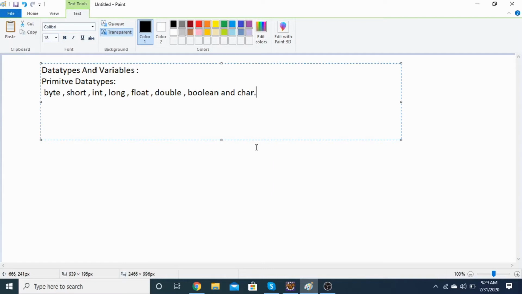Now we will all be thinking that in the real world we know only about numbers, maybe words, and maybe sometimes decimals, which we also consider inside numbers itself, right? So why do we have 8 types here? I mean, we could have 1 or 2. Why are we going for 8 here? As I have already told you, computers are not as smart as humans. So we need to classify as specifically as possible, in the most detailed way, and that is the reason for 8 different types.